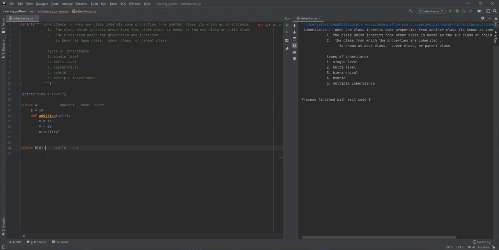Now this B class wants these properties A and this addition property.